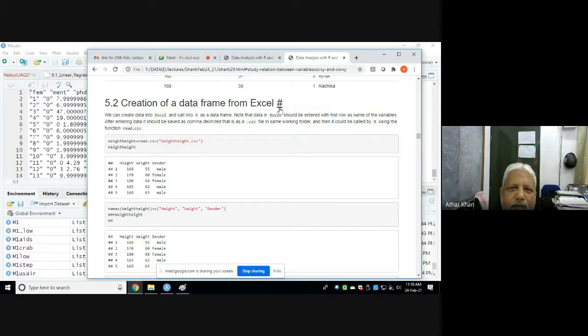Creation of a data frame from Excel. This is a very important aspect. Excel जो है हम इनको क्या कहते हैं? Excel को,